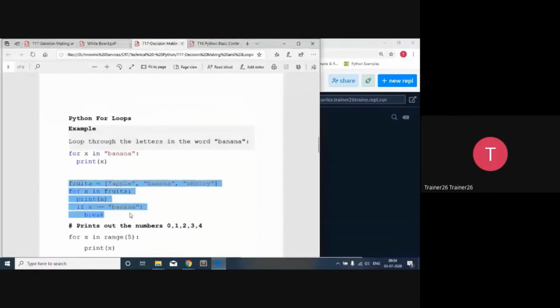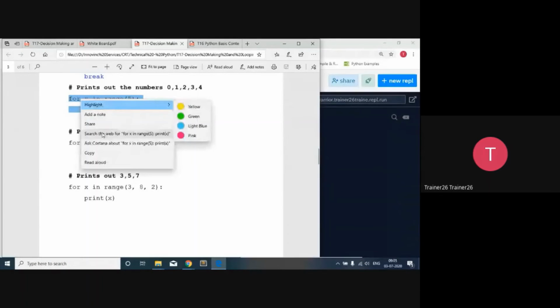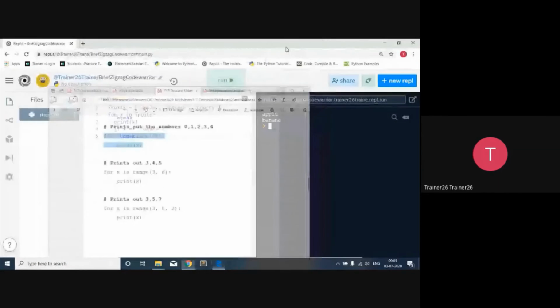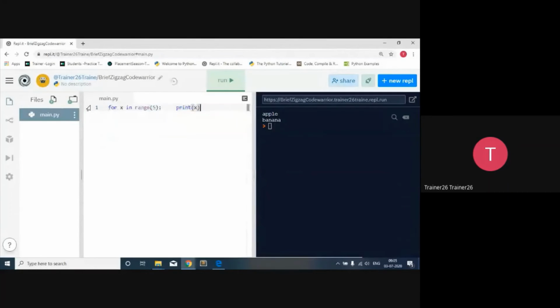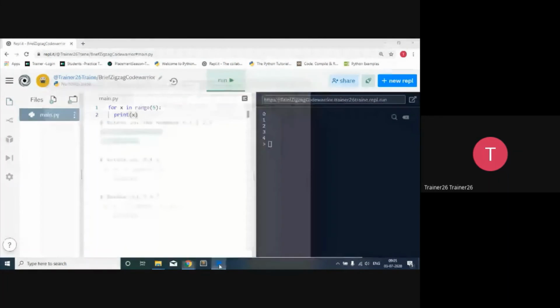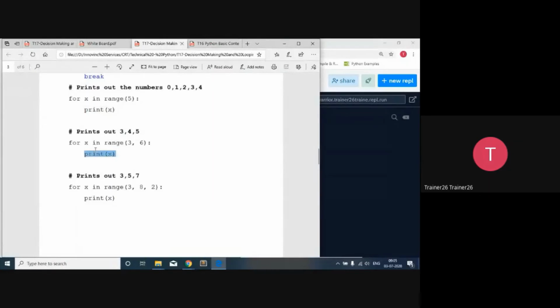So the next example is regarding the in range. When I'm going to talk about the for loop with range, I want to type for x in range 5. And when I say print, it's always going to start with 0 and go up to 5. So that is the specialty over here. It always starts with 0 and goes up to 5. And when I talk about the range, here we can specify the range with the in range.